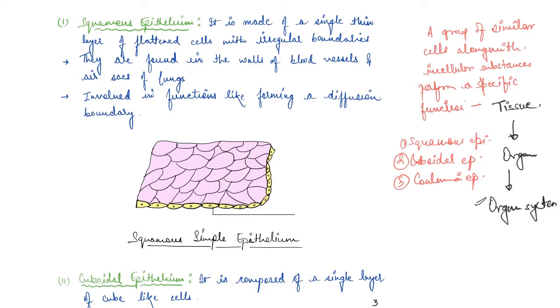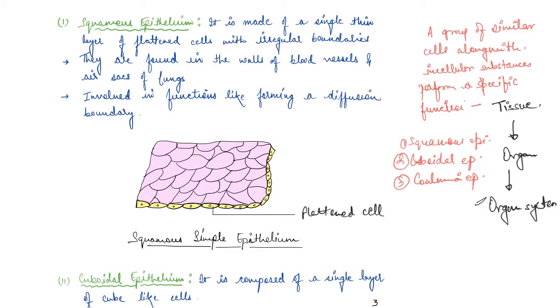So, as we know that there is exchange of gases in the case of air sacs in lungs, right? So, they function basically like forming a diffusion boundary. If you see here, this basically is a squamous epithelium, and if I have to label it, these are nothing but flattened cells,